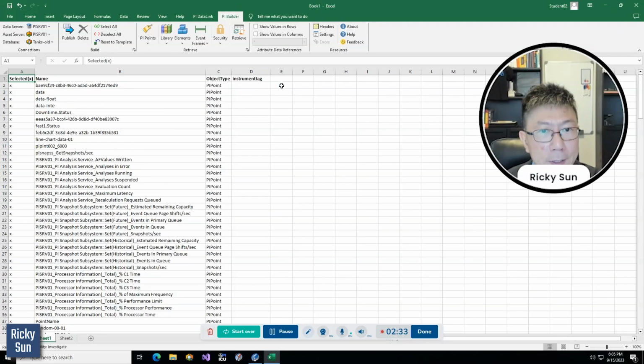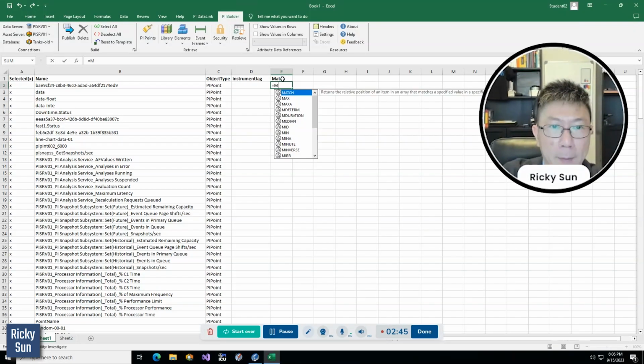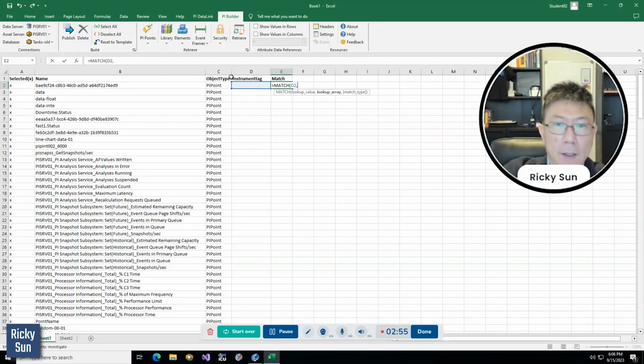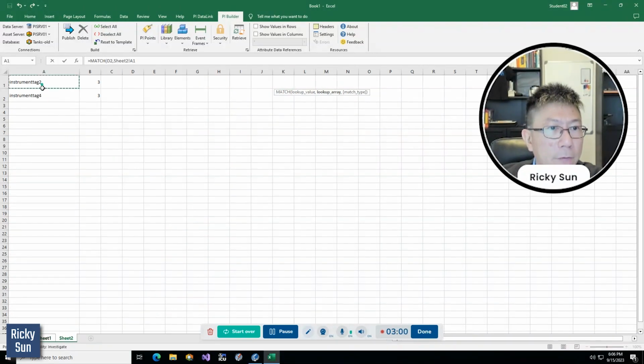And I go back to this list and use a MATCH function. So I'm going to put MATCH on the top and then use the add match function. First, I look up the value of my instrument tag here, and then the lookup array is my sheet number 2 with this list.